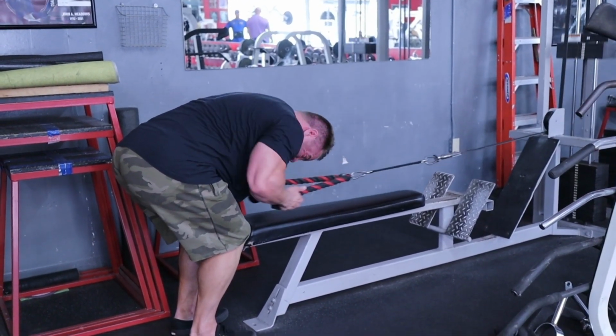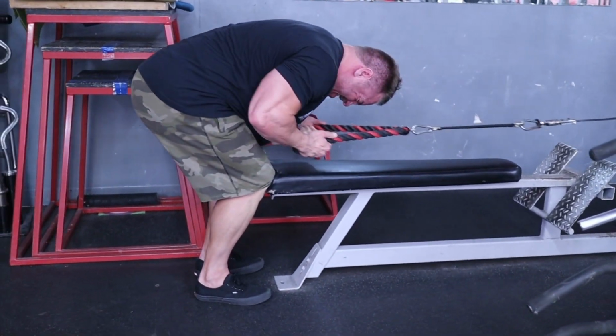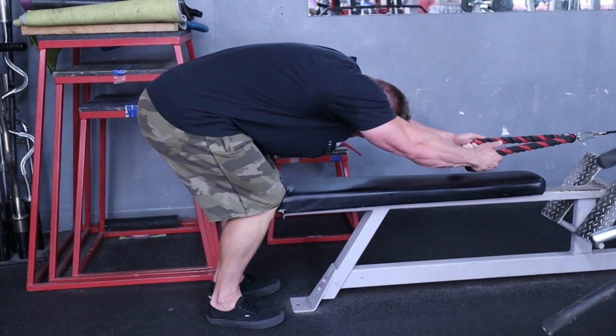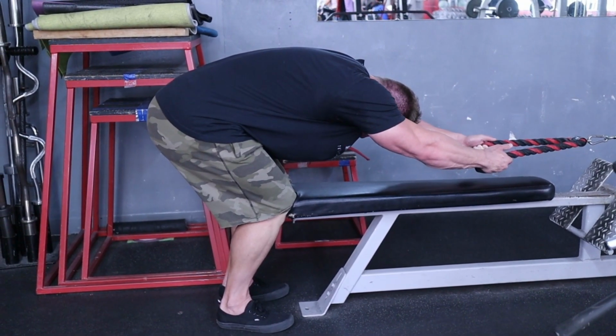Now, what I really just want to focus on here is the negative. I'm controlling these, really letting it out slow. I'm not overextending at the shoulder, meaning letting it all the way out and hyper stretching. I'm getting to the point where my lats are fully lengthened and then coming right back down, squeezing, driving my